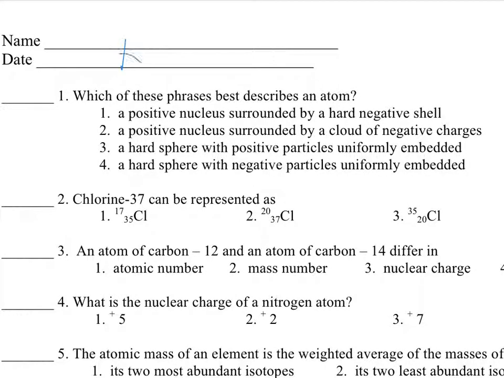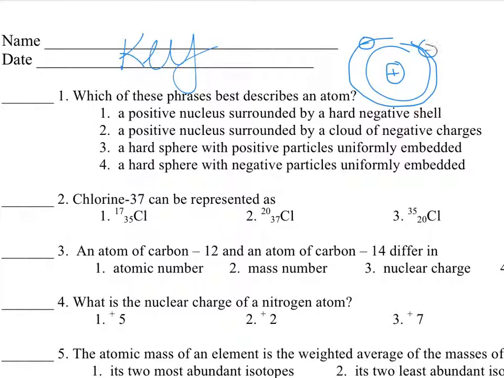Alright, ladies and gentlemen, here is our answer key for our midterm practice test. So number 1, which of these phrases best describes an atom? Well, we know that we have an atom which has a nucleus which is positively charged, surrounded by mostly empty space, and then we also have the negatively charged electrons all around in different orbitals or clouds, depending on what model we're talking about. So our correct answer is going to be 2,